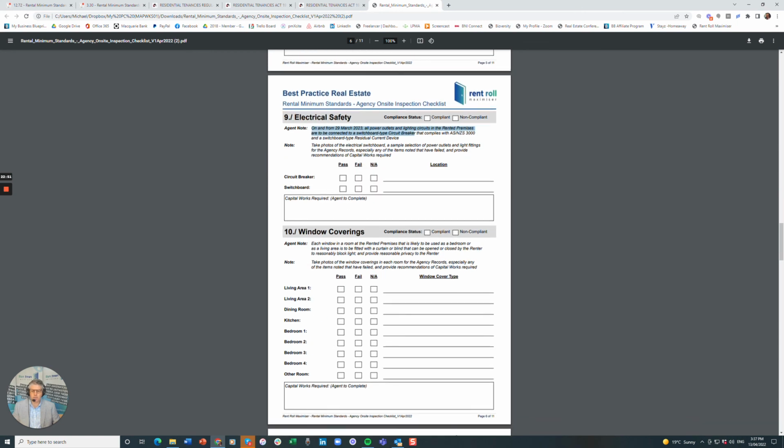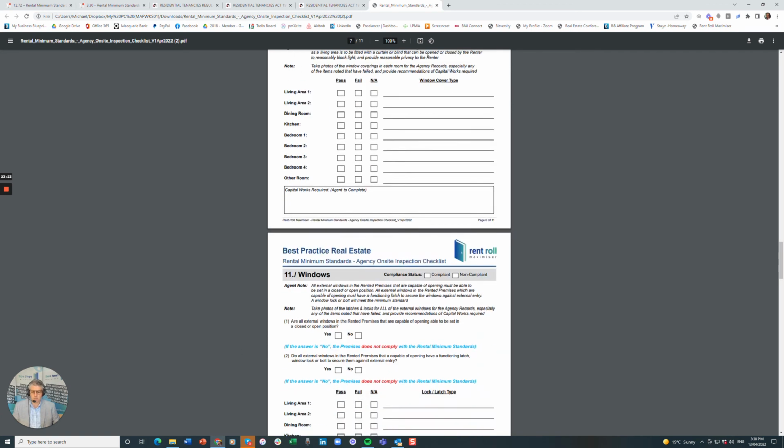Window coverings, each window covering needs to be block out. So if you can see straight through, that's not a block out. You'd need to either change the roller or put another roller over the top of that one. So sheer window curtains, that's not acceptable, particularly in living areas, bedrooms and those sorts of things. So it's either a pass, fail, or it's not applicable. And the not applicable is there's only one living area. There's no living area, for example, or it's the dining room, it's not applicable. And then I want you to write in there what the type of window cover it is,